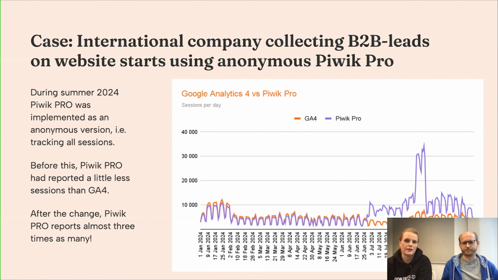And this is due to the fact that there are really many people who don't consent to any tracking, and those are not captured by the Google Analytics setup, but with this anonymous Piwik PRO setup, we can capture them, we can calculate them, we know where they are coming from geographically, and we get the last click attribution. And actually the client believed that they were losing just something like 30% of traffic. Yeah, but in effect they were keeping a third and losing two thirds. So yes, please, next slide.